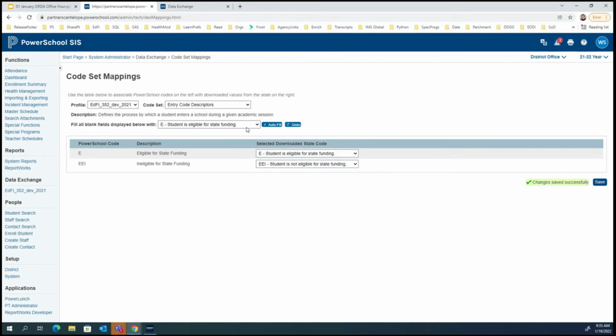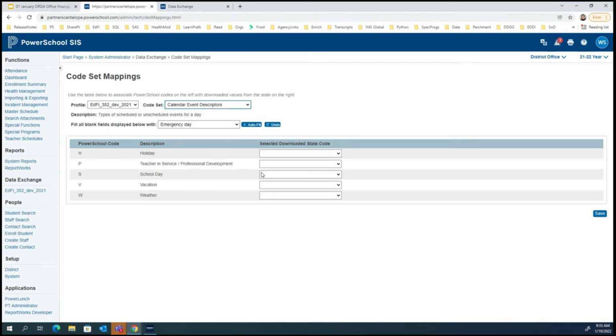Let's take another look at a different one that's not really long, but that might be a little bit harder because the matchup is not as straightforward. In some cases, in the mapping that was done, a South Carolina namespace was used, and in those cases, typically it will be a one-to-one selection. But sometimes if EdFi was used, especially, then it might not always be one-to-one, but hopefully it's straightforward enough to be able to say, okay, this is a reasonable selection for my district.